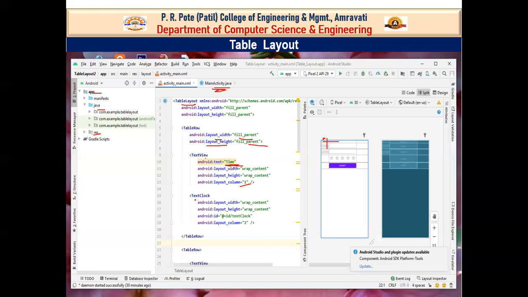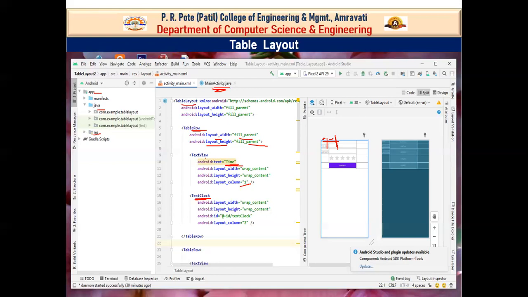Likewise, here I have created clock also. Okay, so this text clock again comes under the first row because here I have created a single table row. So this clock comes here, that is, here is the time and here is a clock.